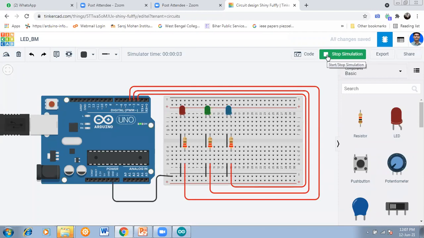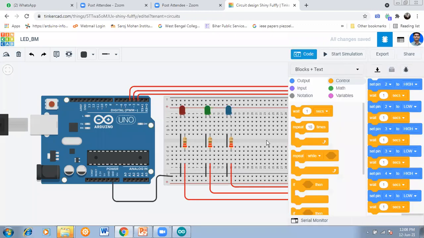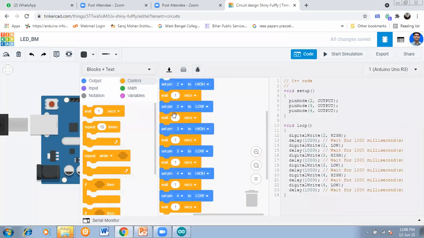Look, it is running. Red, then... what is happening? Red, then... the pin number seems to have changed a little. 2, 3, 4. Pin number 2 high, 1 second, 2 is low, wait for 1 second, pin 3 is high, 1 second, 3 is low, sorry. Yes, sir, it is starting from blue LED, sir.